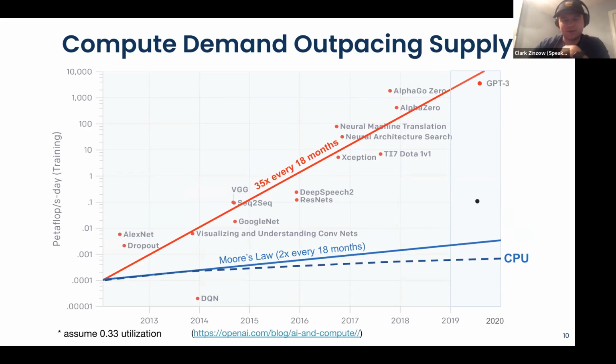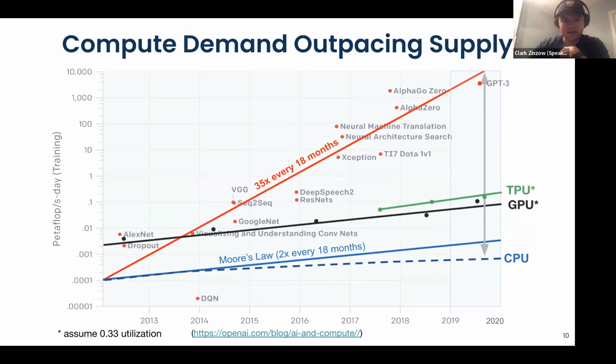So the single machine solution is not a solution at all, even if we were in the happy land of Moore's law actually still being a thing. This is a massive gap, and the gap's only getting larger. Even with very tailored hardware for machine learning workloads such as GPUs and TPUs, aka AI accelerators or ASICs, we're still seeing a huge gap. We simply cannot keep up with the demand with a single machine. So how can we solve this?